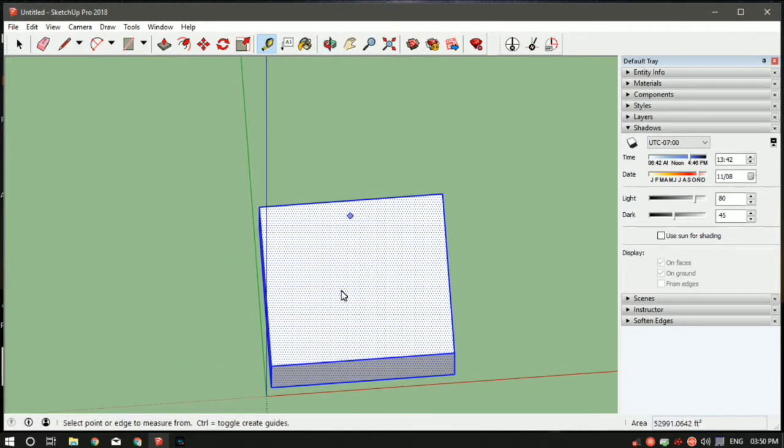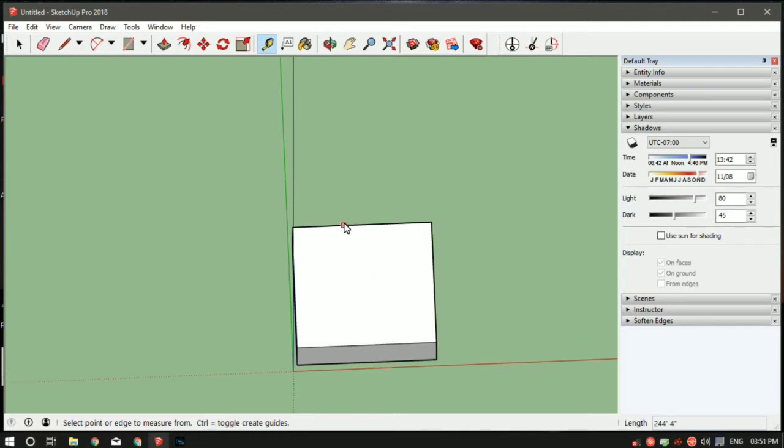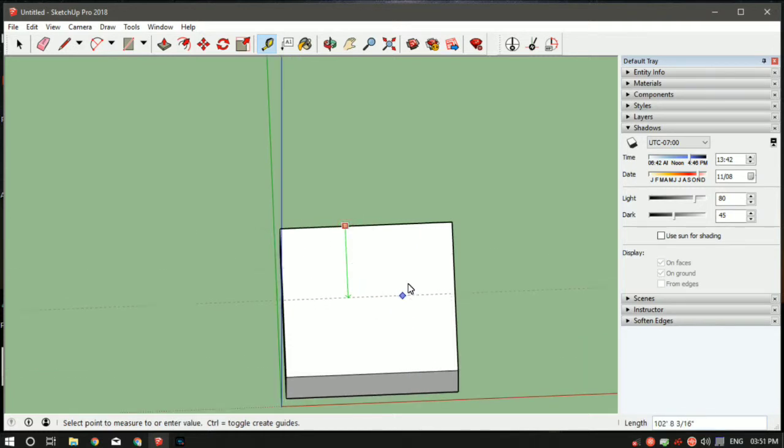Let's say I want to locate the center of this rectangle. I can use the tape measure tool. The shortcut is T. Then just select this line and come over here, and bring your mouse in the downward direction. Make sure the tape measure touches this edge of the rectangle, and then come down. There will be a point